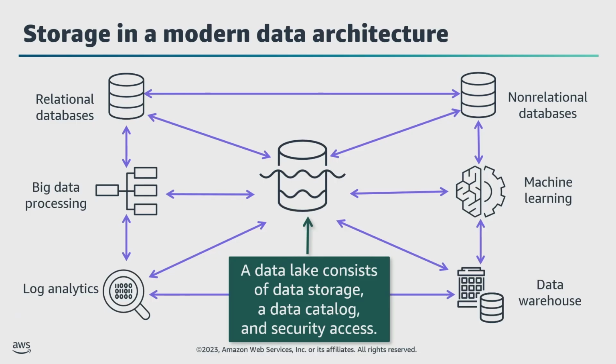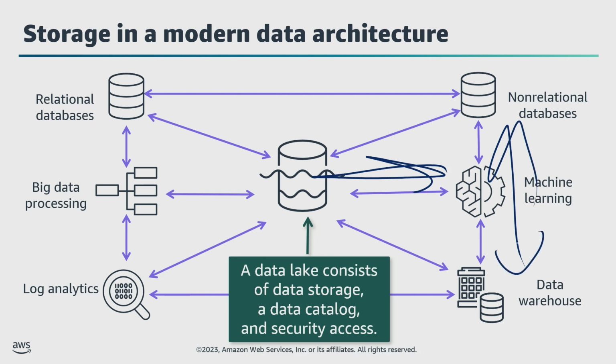As the diagram suggests, this architecture must allow for data movement in and out of the lake and between other storage components. The goal of this architecture is to make all the data available while controlling access and moving data efficiently to perform analysis. Let's look at this architecture in the context of the AWS services you can use to